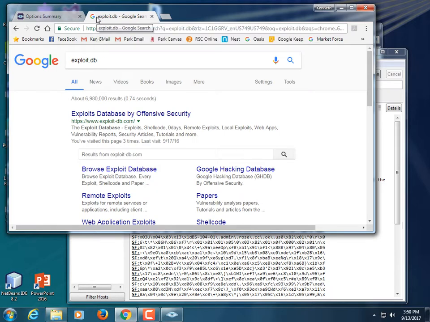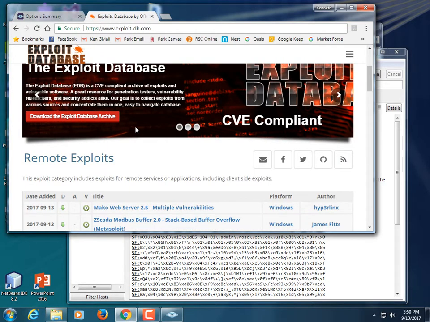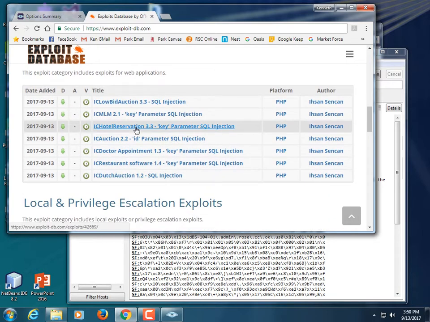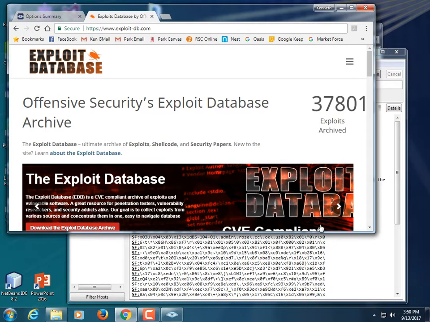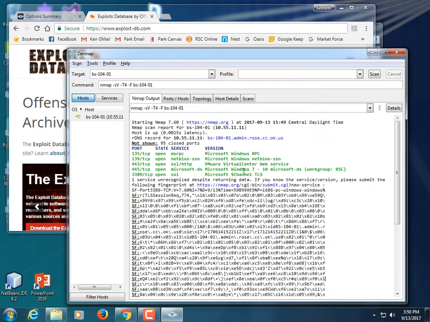Exploit.db. It should come up. You can go to exploit.db, and on their website you can search for all the exploits available. There's a search box here at the top. But what you could do is look for an exploit for this thing right here, VMware Virtual Web Server, Web Services, and if there was one, then you know to use that to break